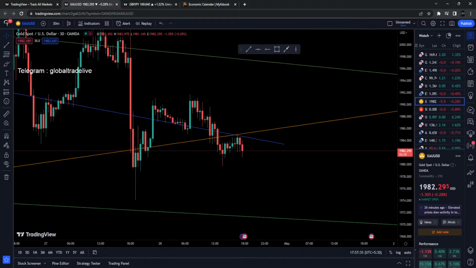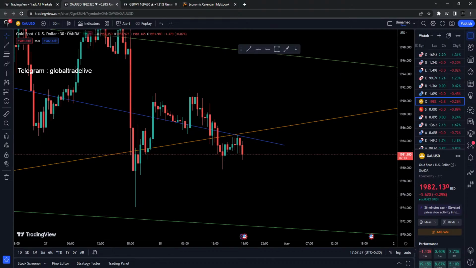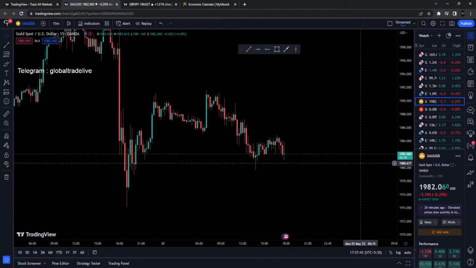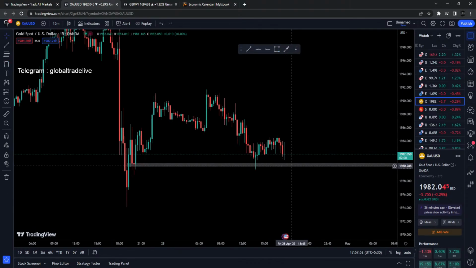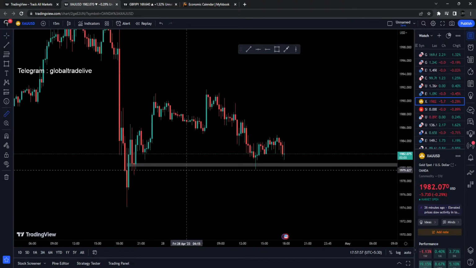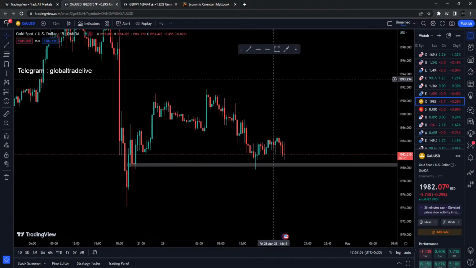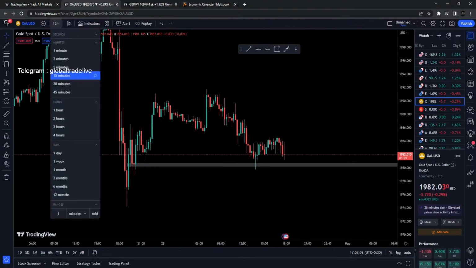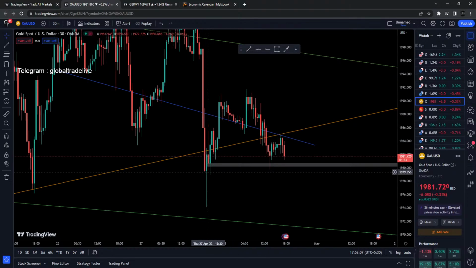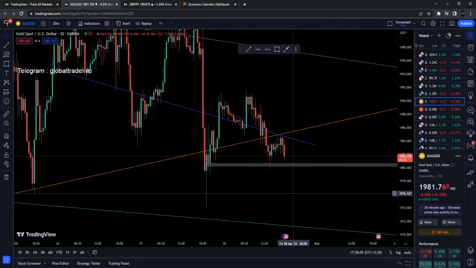So what do we do at this point of time? So let's just do one thing. Let's just switch to the 15-minute time frame over here, and let's see if we can possibly make a trade in the 15-minute or not. Okay, so if I draw some area of support, then this is a area of support over here in 15-minute, and we can see that there is a clean range, and this range is about 28 pips. Okay, and if I go back to the 30 minutes, so that means we are talking about that this wick will get filled.